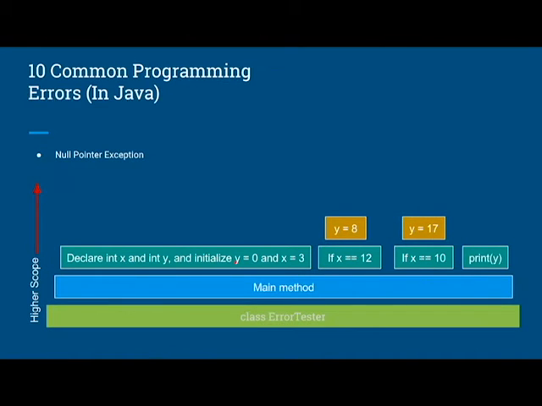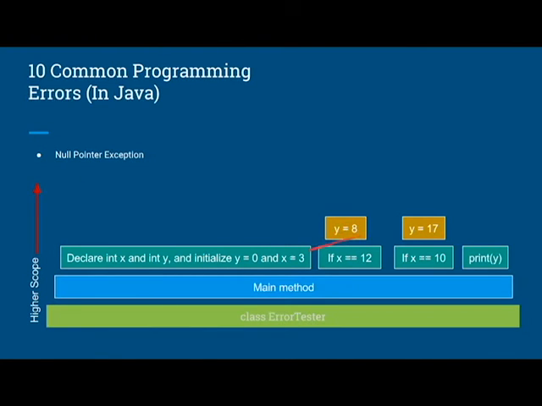So right now we already have y established. And when you call this, it's looking at either its current scope or a lower scope. So if you have this if statement, y equals 8, which y are we talking about? Well, let's go down one scope, and we'll see that we have a y here. And we'll print that out. So we change this and it changes in here. And if we instead